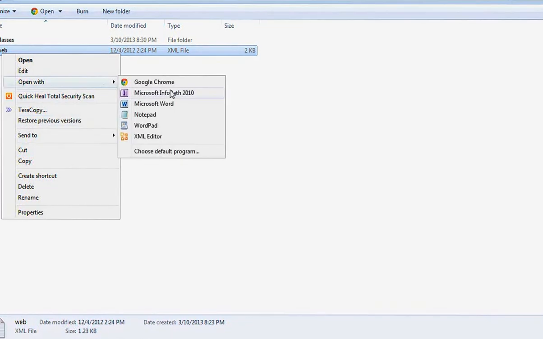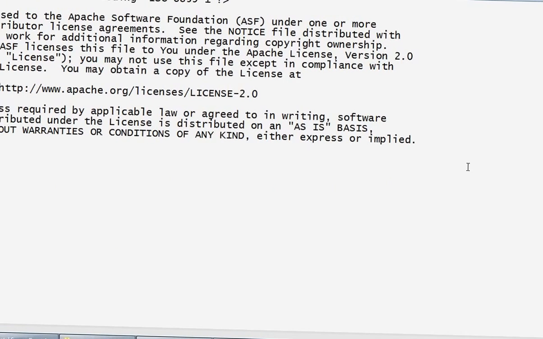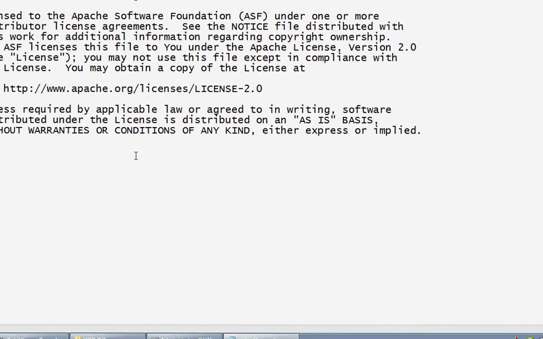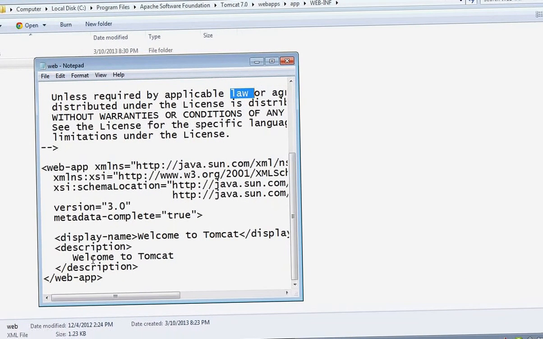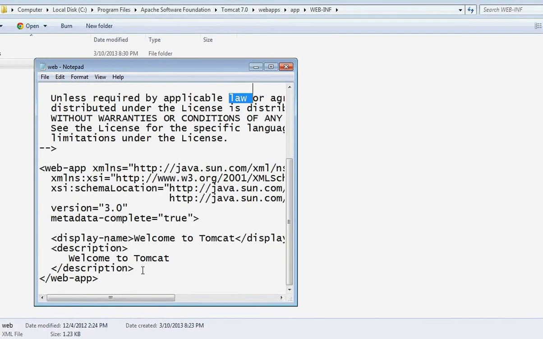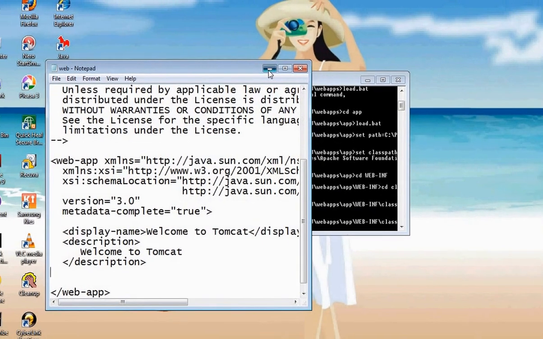So just edit it, and after the end of the description tag and before the end of the web-app tag, copy this mapping code that is here.